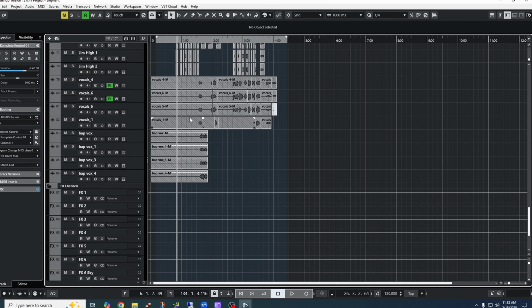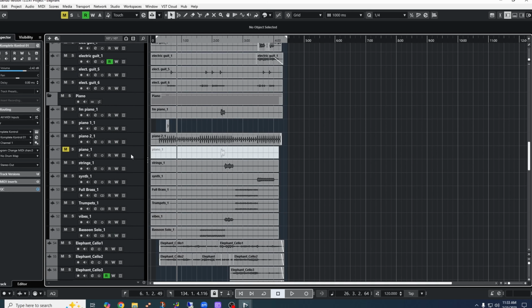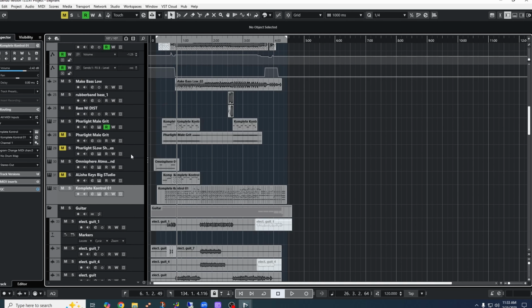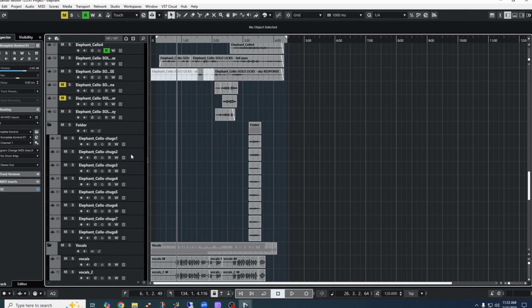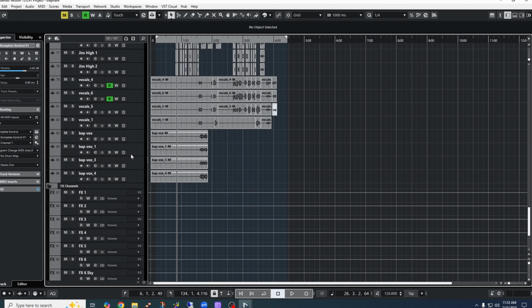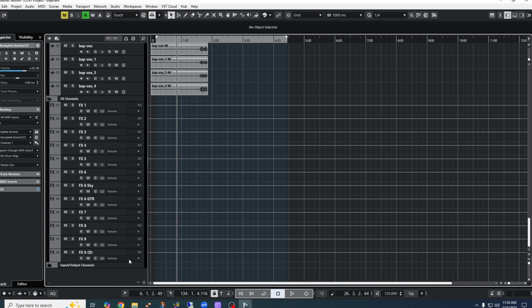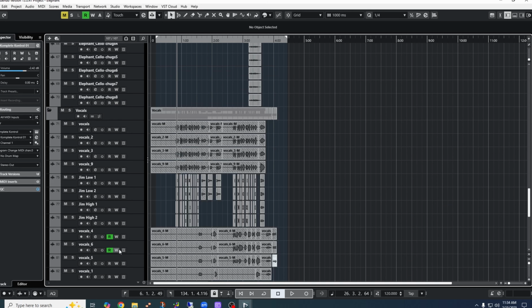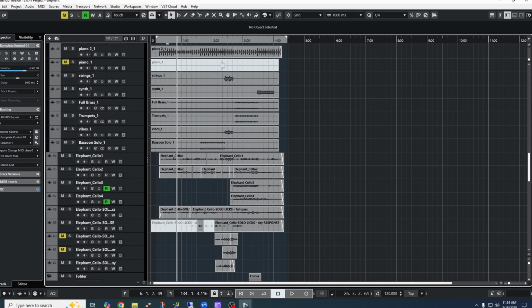But look at our track count. We're at 86 tracks of audio. Probably, I don't know, 5 virtual instruments and 80 tracks of audio. And then I have somewhere around 11 effect channels. And if we look over at